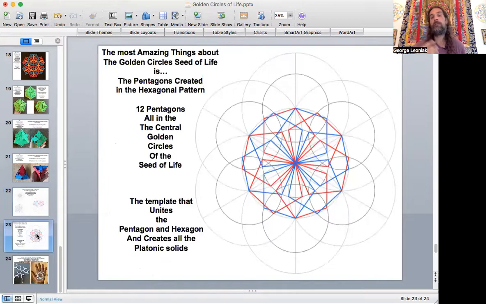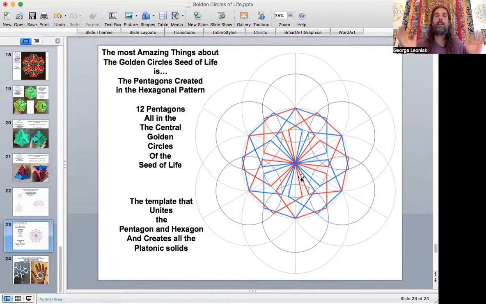And then later that evening, I said, well, hey, why don't I just go around and do all of them that are right within the central circle? And I have a shape that probably has never been constructed or drawn before, or probably never seen before. It's essentially 12 pentagons. They're alternating blue and red and blue and red and blue and red. So there's 6 blue ones and 6 red ones, because those pentagons are just all within, the vertices are all